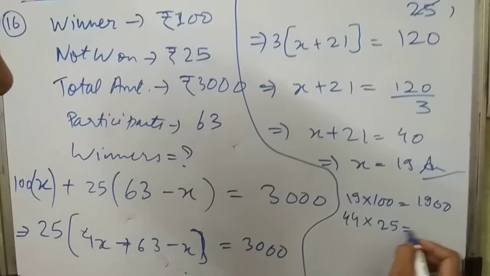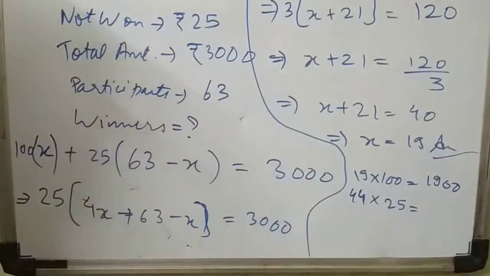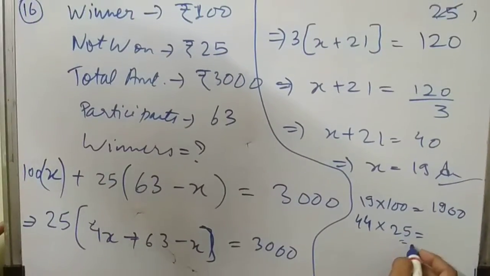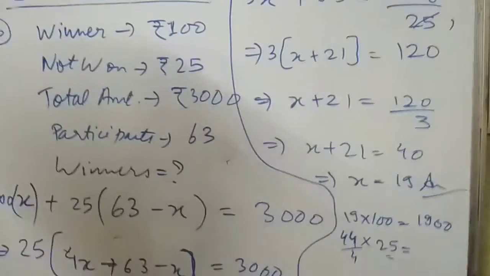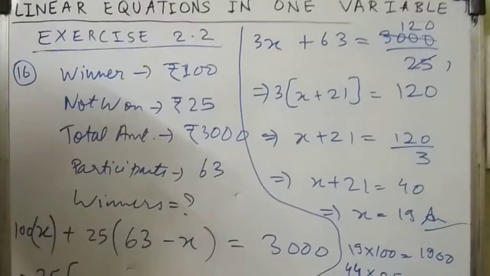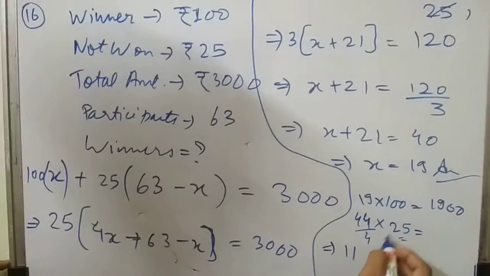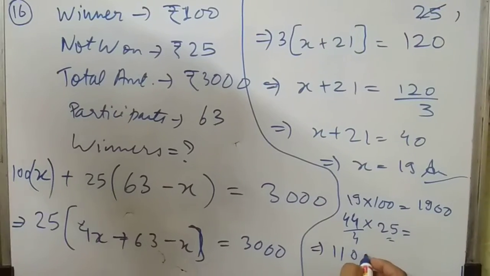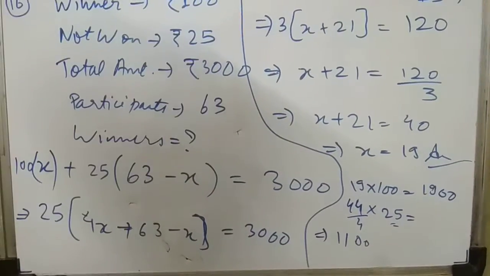Now let's calculate it. Now I'm taking a short trick. Whenever a number is multiplied with 25, take the other number and divide it by 4. First, divide by 4 if it is divisible. If not divisible, then you can go up to decimals, at least you can do that. So 44 divided by 4, what is it? 11. Now directly multiply with 100, that is put 2 zeros. This is the final answer. Simple. Now 1100